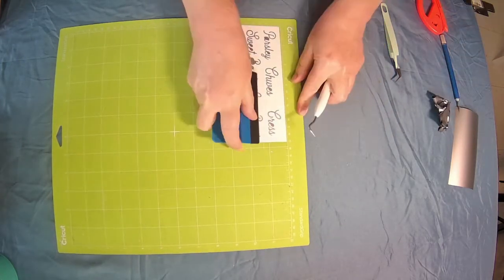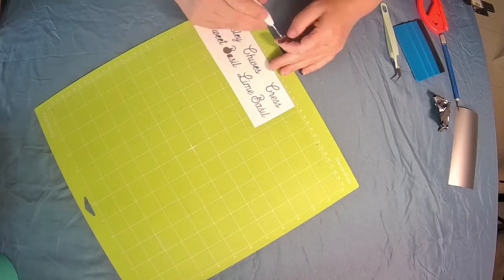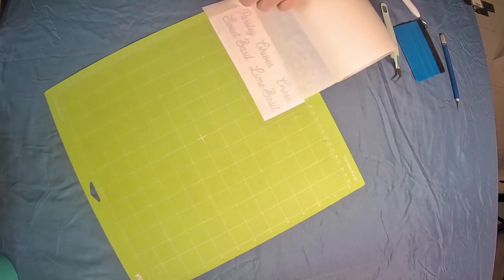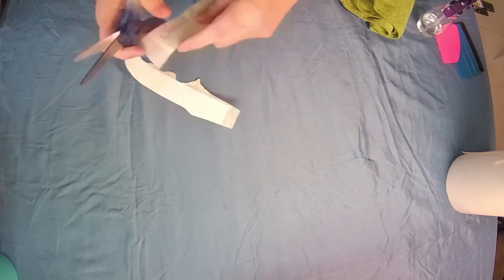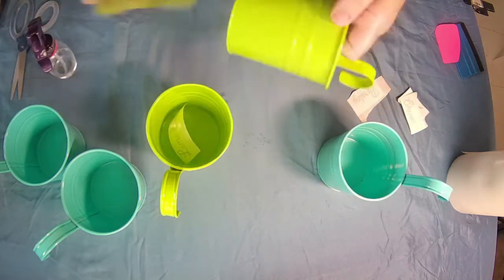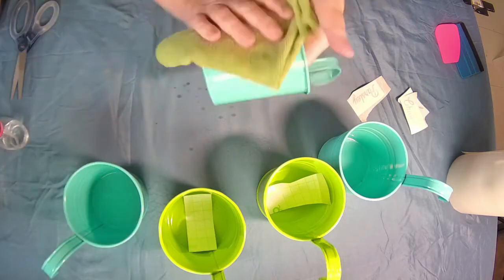Push down the vinyl again and take out the inside pieces that don't need to be there. And then I am going to use some transfer tape, pull it off the mat, burnish it some more, cut out the individual letter or words for each pot. And there's my pots, and I'm going to clean them with some rubbing alcohol. That just gets rid of any dirt and oils from my hands and whatnot so that the vinyl will adhere